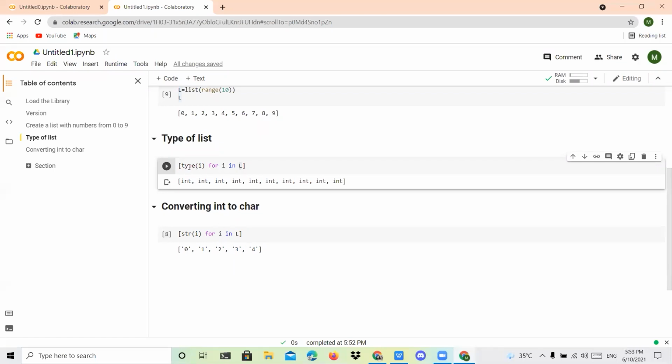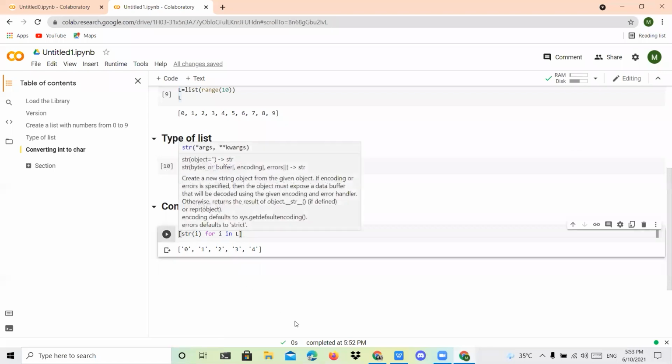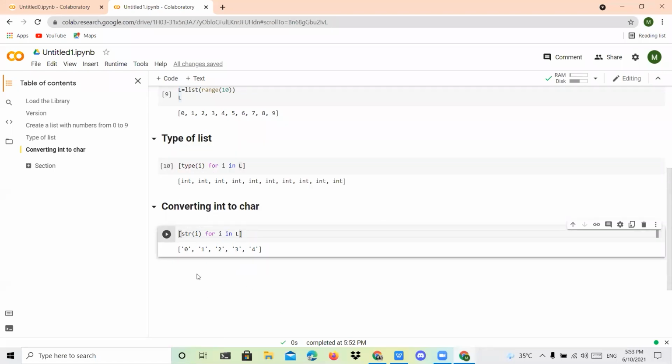The only difference is you use str, for string. The remaining is the same: for is same, i is there, in L, everything is same. You can check that all the values are in the form of characters. Clear, right? Follow this instruction. It's easy, it's nothing.